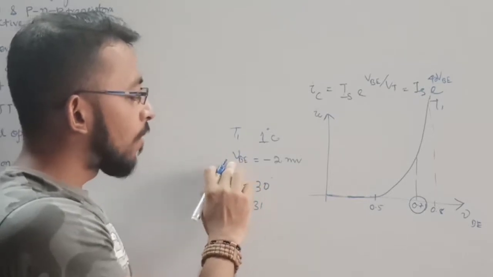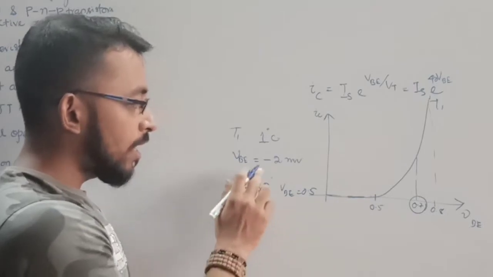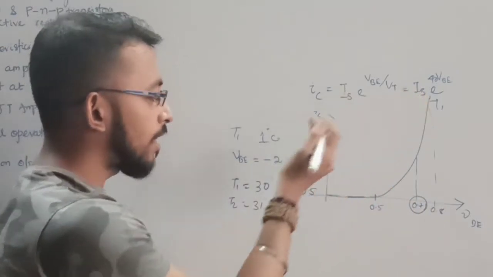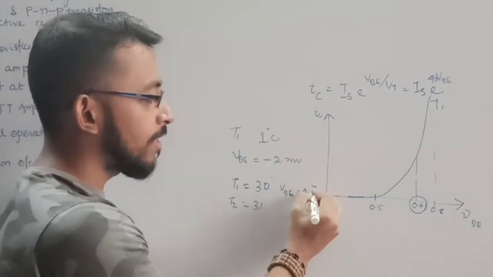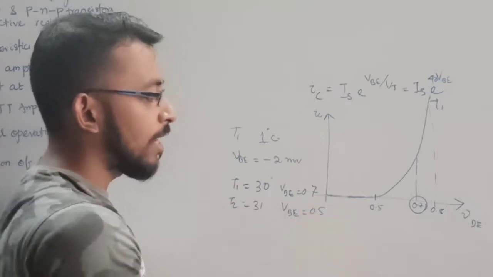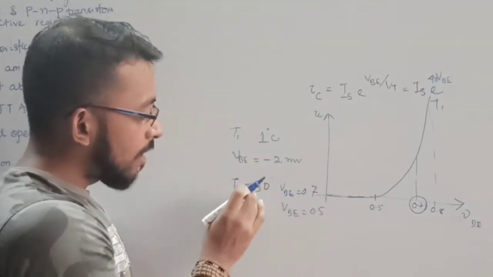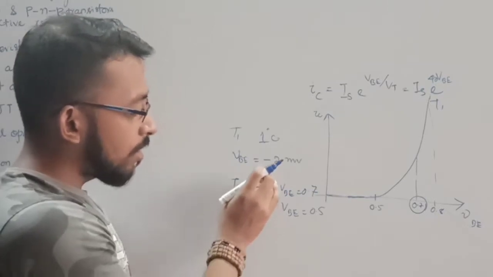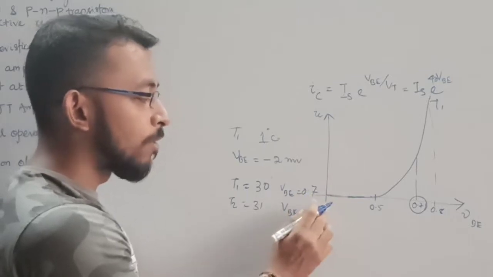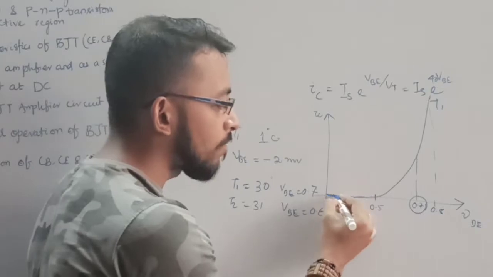So what will happen? Let's take the voltage here as 0.5 volt. VB is 0.5 volt at a temperature of 30 degrees. Let's say 0.7. So at 31, what will happen? My VB will decrease by 2 millivolt for a 1 degree rise in temperature. Whatever the value, you have to decrease it by 2 millivolt. It might be around 0.68. So my graph will become